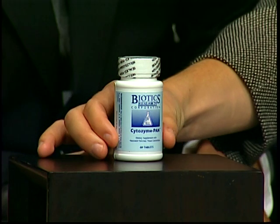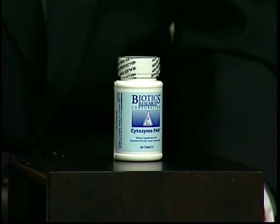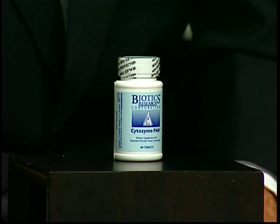Cytozyme Pan. Cytozyme Pan stands for pancreas. Do you know the 3rd biggest killer in America today happens to be diabetes? And I know so many of you eat processed foods. Processed food taxes and stresses the pancreas. Cytozyme Pan literally will help promote the restoration of pancreas tissue. If your fasting blood sugar is 100 or above, I would encourage you to take 2 or 3 Cytozyme Pan